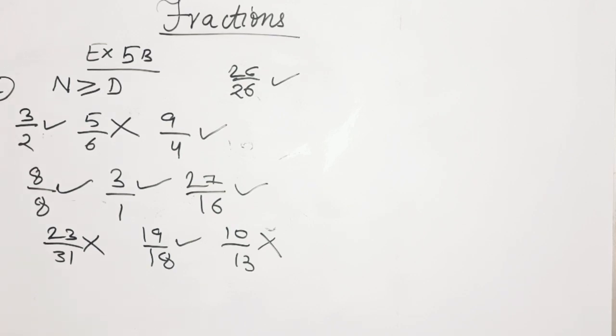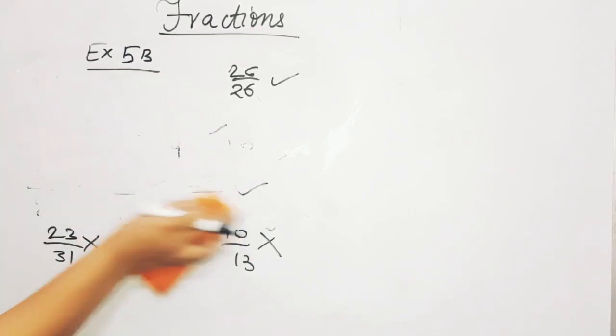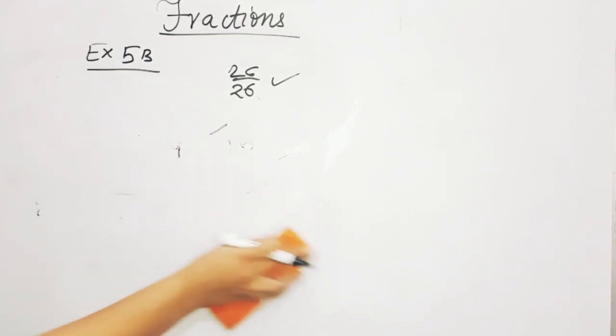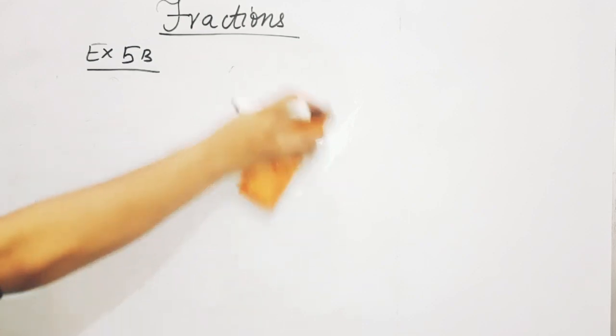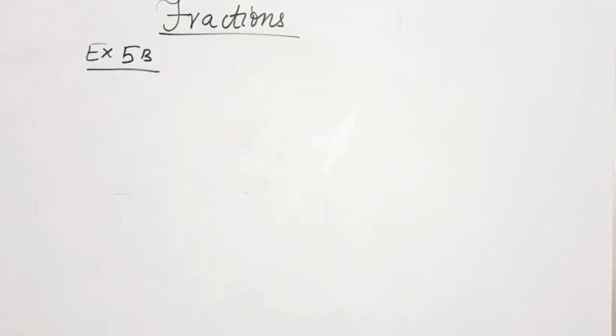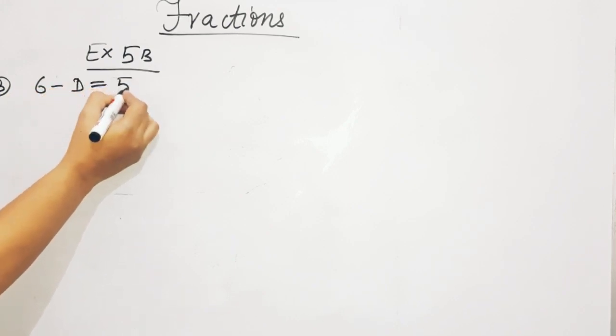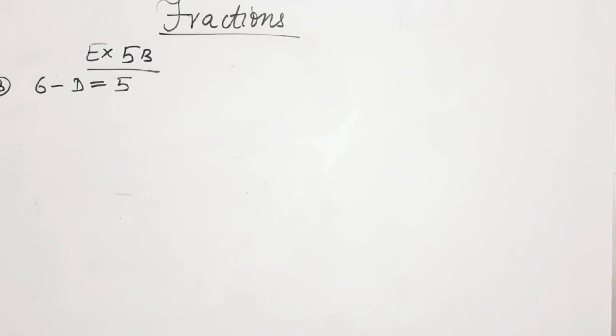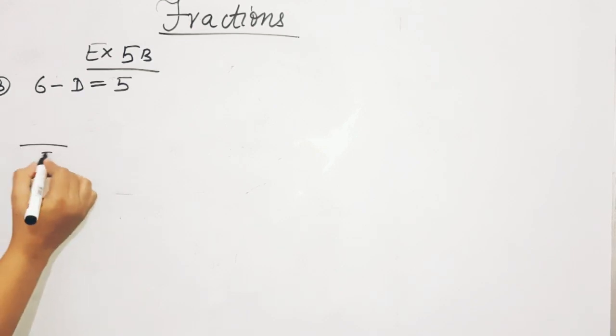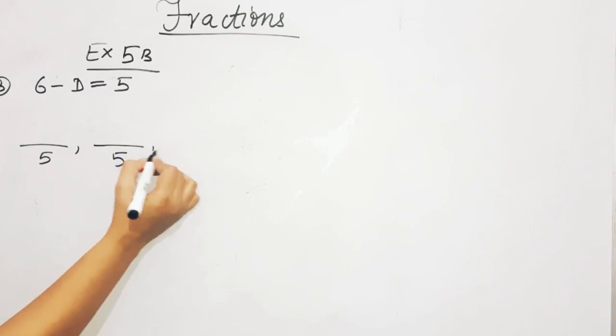Now coming to the next question, that is question number 3. Question number 3 is, write 6 improper fractions with denominator 5. हमें क्या करना है, 6 fractions लिखने हैं improper fraction with denominator 5. Now in improper fraction the numerator is greater than or equal to the denominator. तो denominator हर केस में हमें क्या रखना है, 5 रखना है. तो numerator हमेशा denominator से